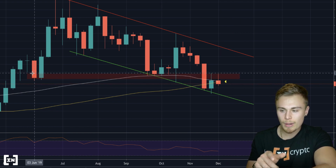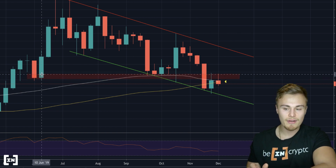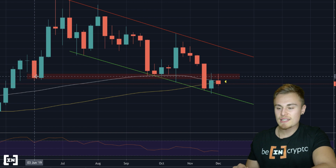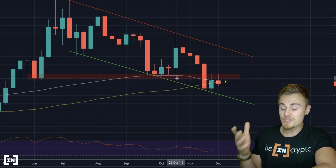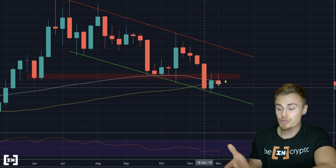You can see right here where we have this little red channel, which is the resistance area off of previous resistance that we've seen back in June of 2019, as well as previous resistance in October. This is acting as a very, very strong resistance. So we're seeing that same thing battling right now, but with the confirmation of this bullish cross,